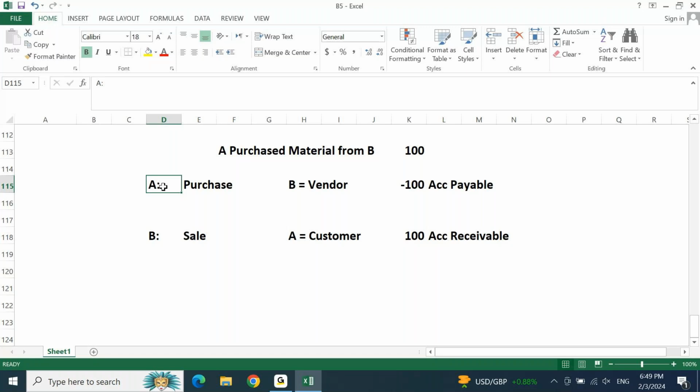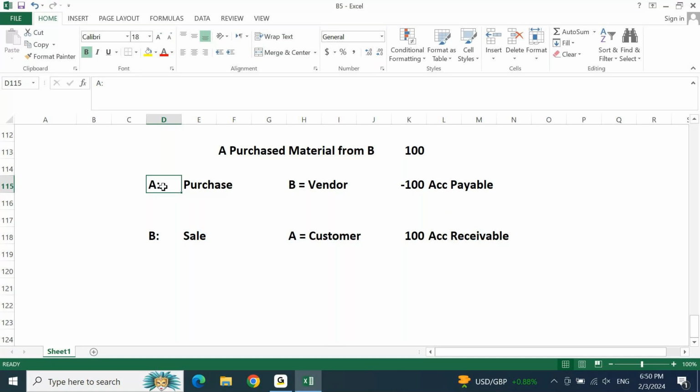And whatever is happening in terms of customer, whatever is happening in terms of vendor, for the same transaction, if you are able to understand, if you are able to differentiate between this, you are very good at accounts payable, you are very good at accounts receivable. There is no point you will get confused, because majoritarily most of us will get confused between AP, AR,